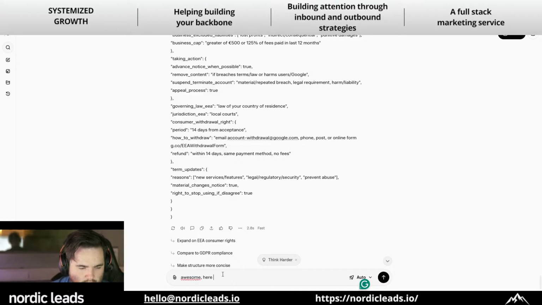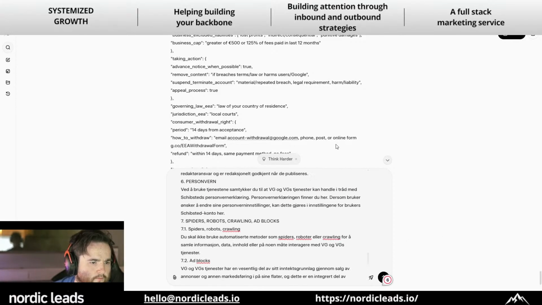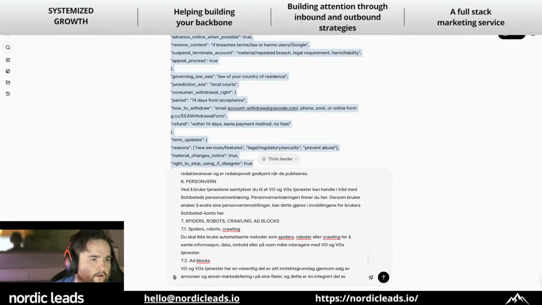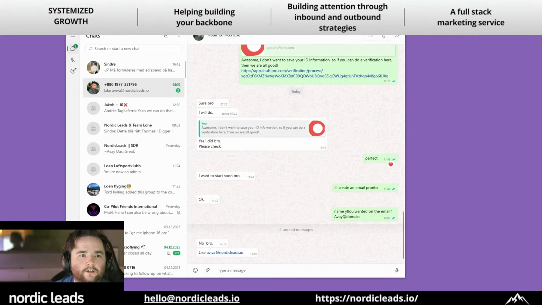So here is one more from vg.no, which I need a separate JSON for. Okay. Copy. Now I've copied this. I can send this and I go